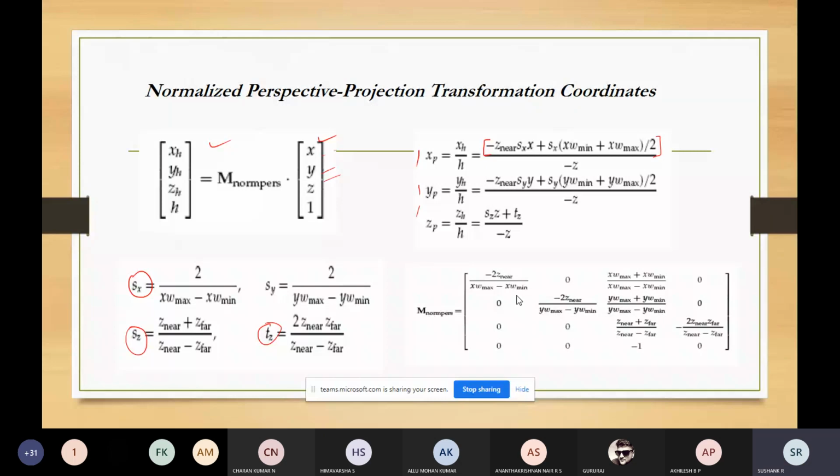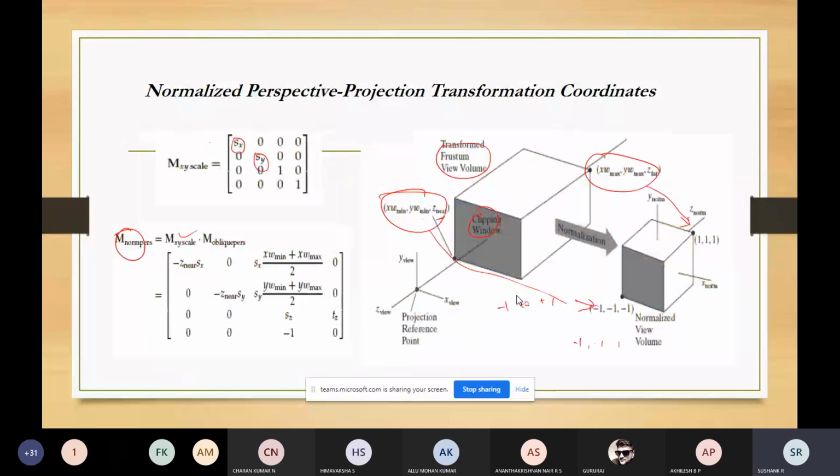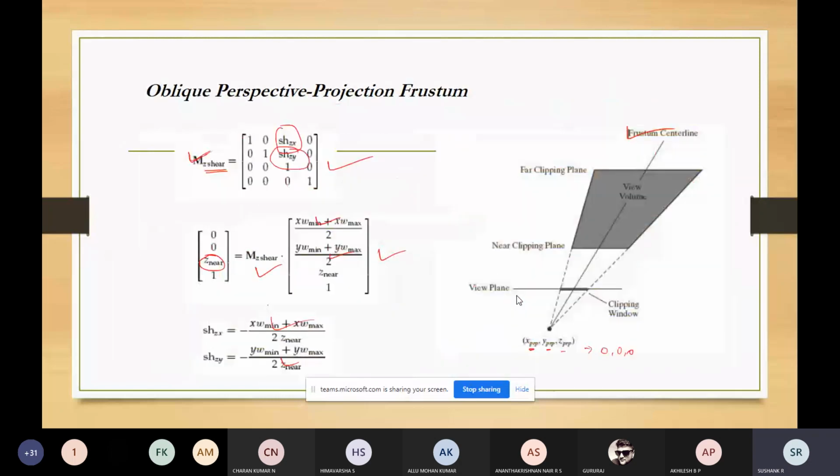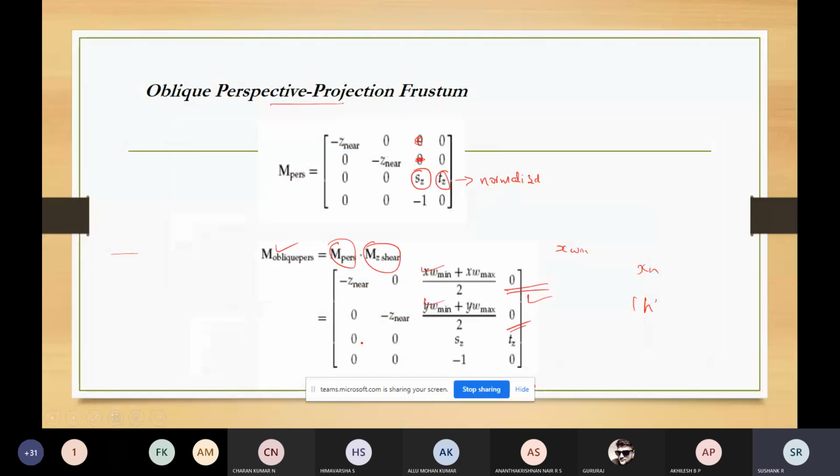Any doubts here? One thing you should remember is the matrix values. They are the ones which take care of the transformation. Many matrices are there. From this itself, first you should know this transformation matrix and this value. By using these two, you can start deriving the others. Once that is done, the remaining is not like a multiplication, it's like a concatenation, the joining of two matrices. So you can do that.